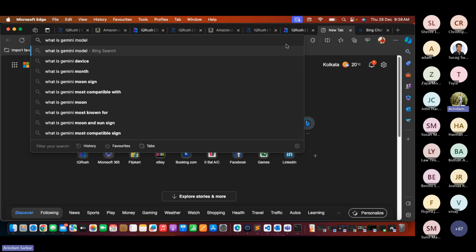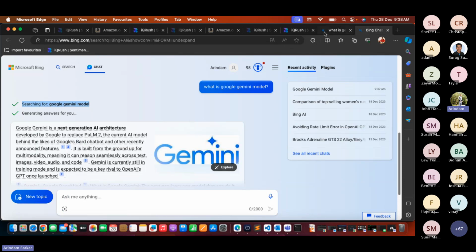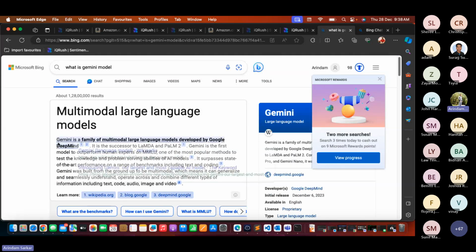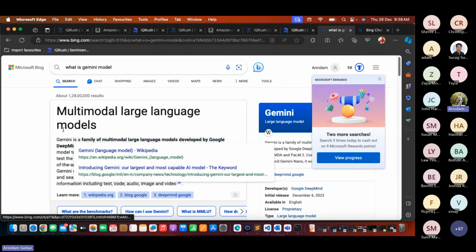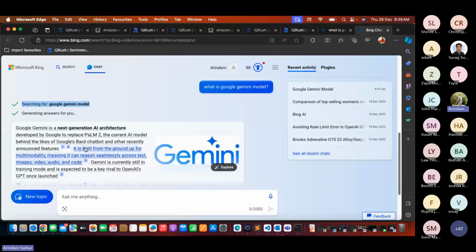So in that tool, the information is there, because the internet has a lot of information, right? If you can go to the internet and ask this question, then the internet will give you some amount of answer, right? What is the Google Gemini model? You see, the answer is very much copied from here, right? You see, it is coming in a search, right? Gemini is a family of multimodal models, and it is very much similar.